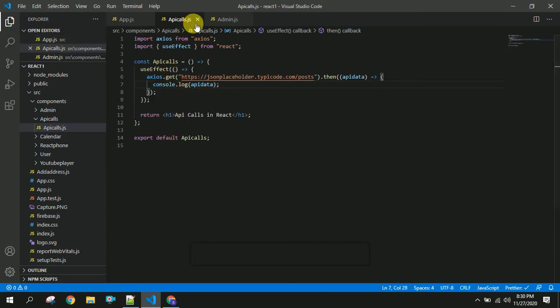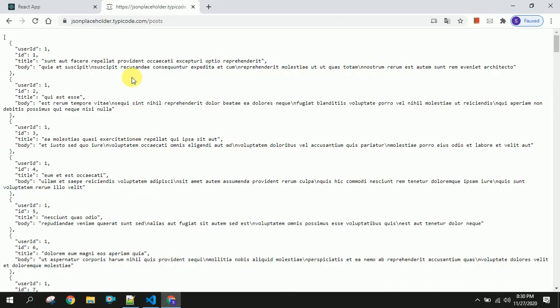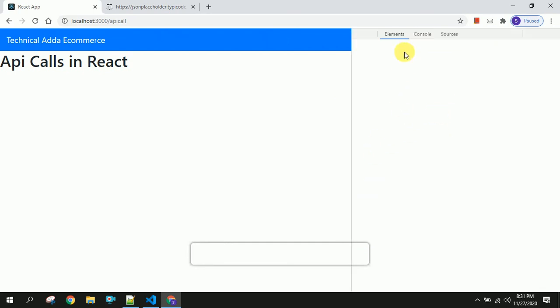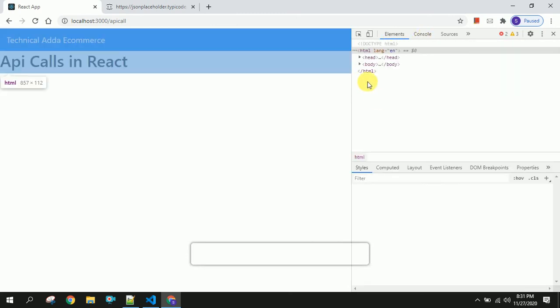I am saving this and I will open the browser. So once I open the console in my browser, you should be able to see some arrays.